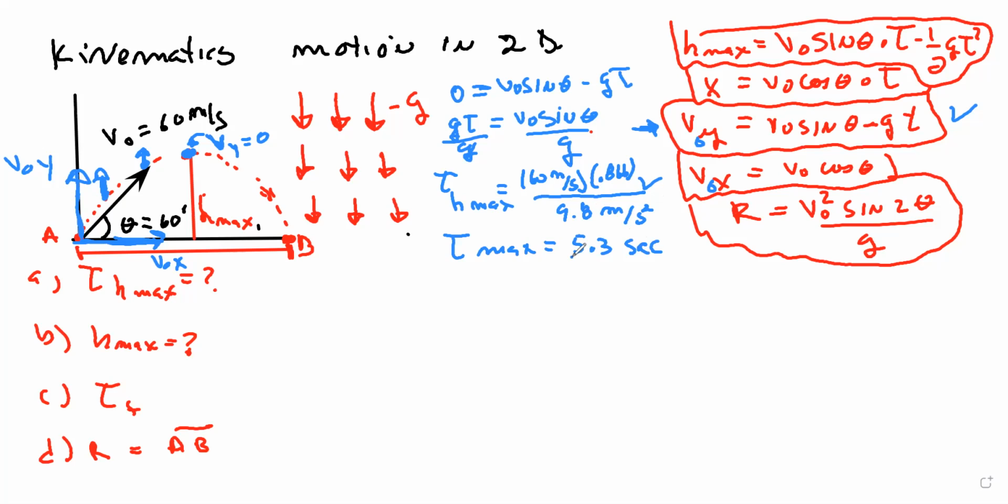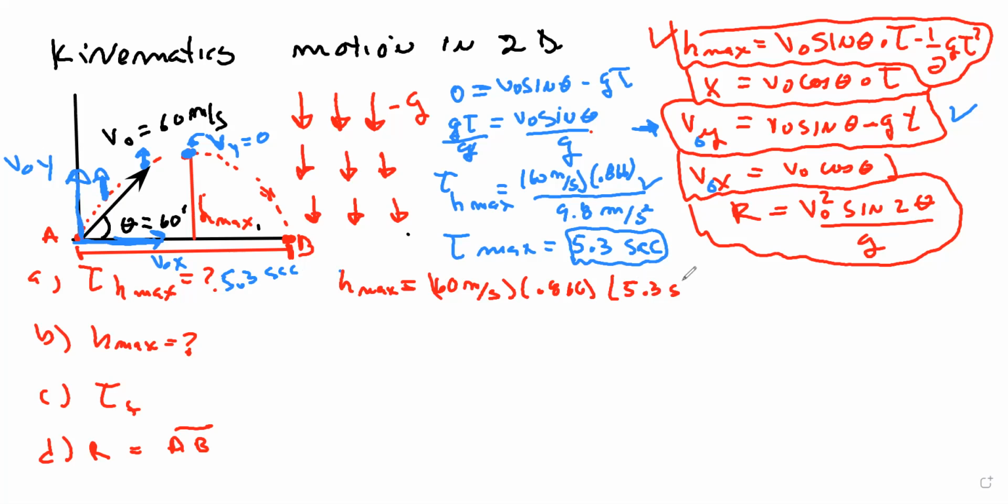So this is going to be the time to reach the maximum height. And we have solved this part here. This is going to be 5.3 seconds. And then the maximum height, let me use another color here. The maximum height max is going to be, well, we have the equation right here. It's going to be this one. So it's going to be 60 meters per second times the sine of 60 degrees, which is 0.866. And now we have the time, which is 5.3 seconds, minus